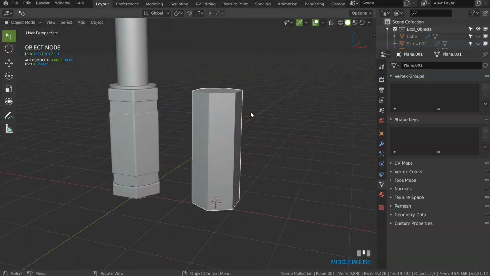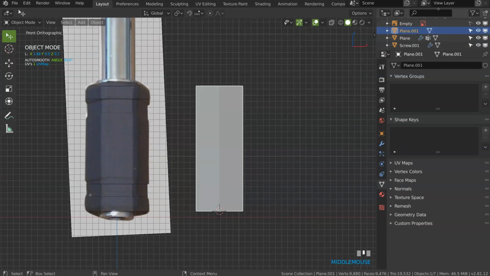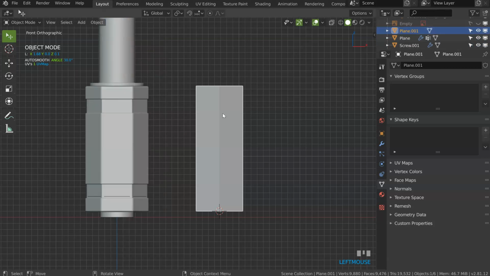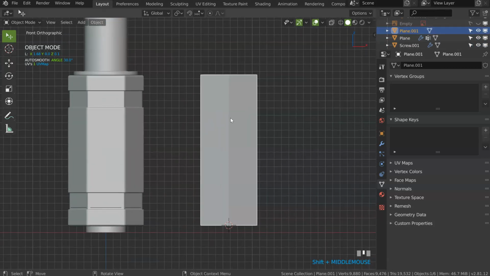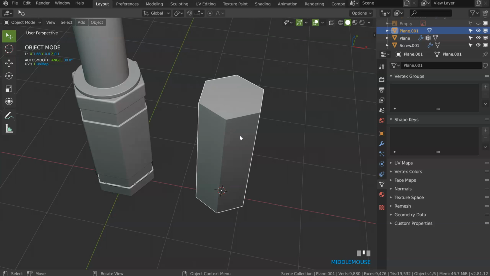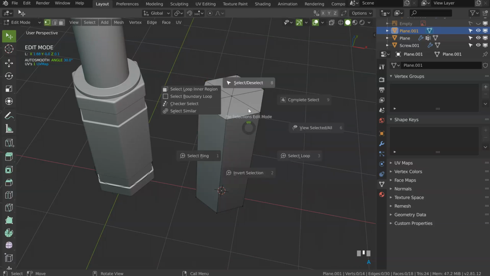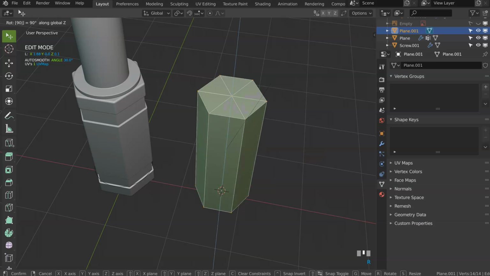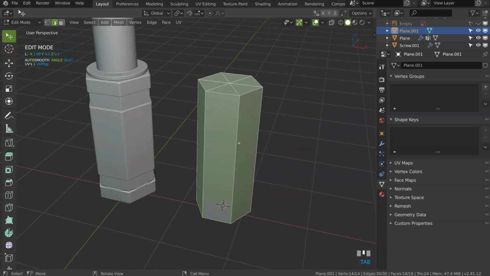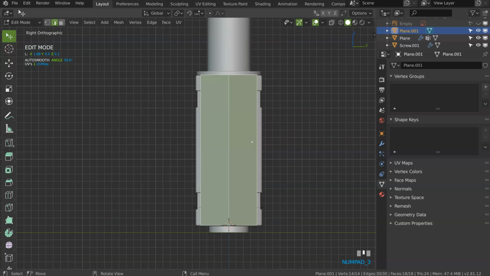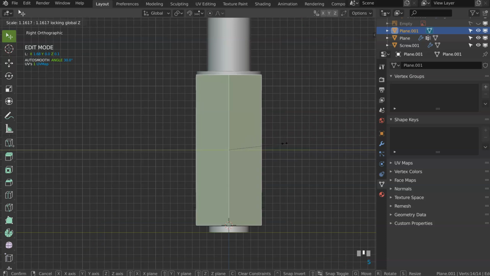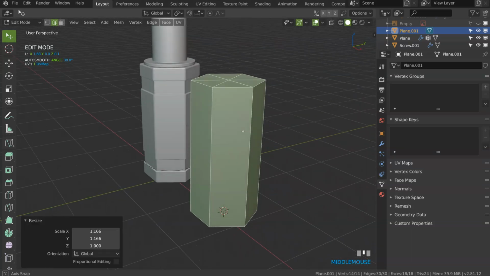Okay? So, I will first hide the empty. I will add those parts, and in fact, yes, I'm okay with this. I will make a rotation in Z, select everything, RZ, like that, to have exactly the same. Let's go inside view, and maybe make a scale S-Shift-Z. Yes, it will be better like that.